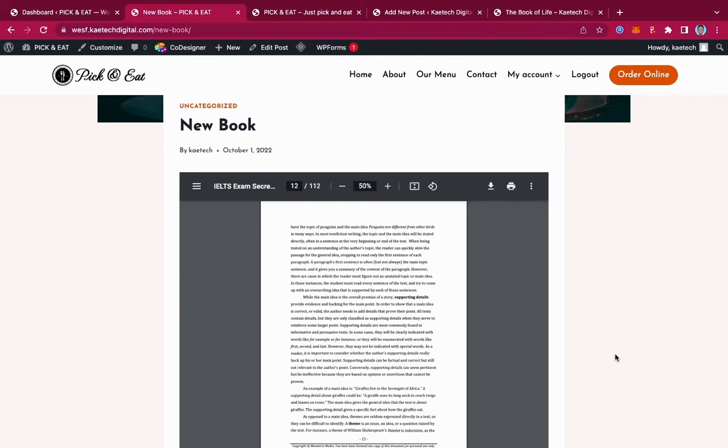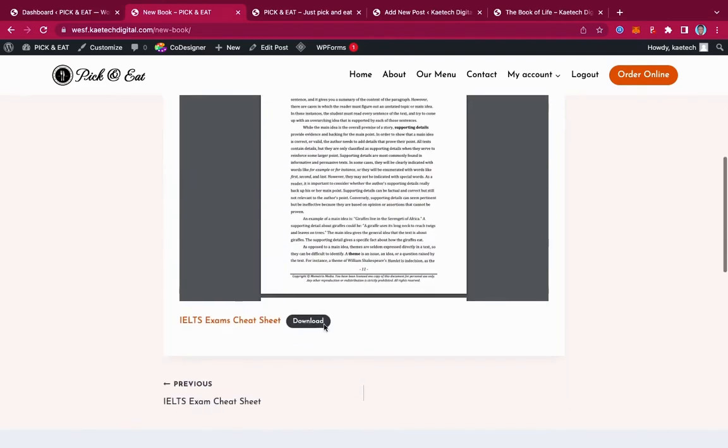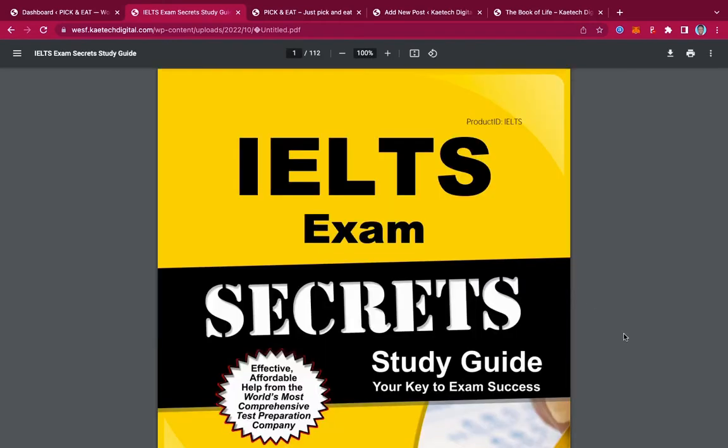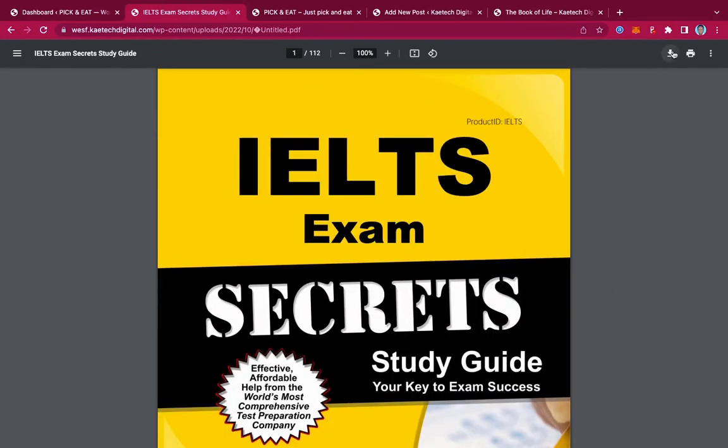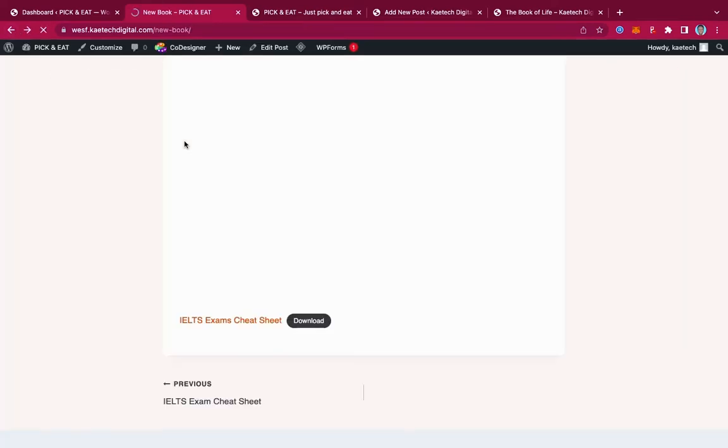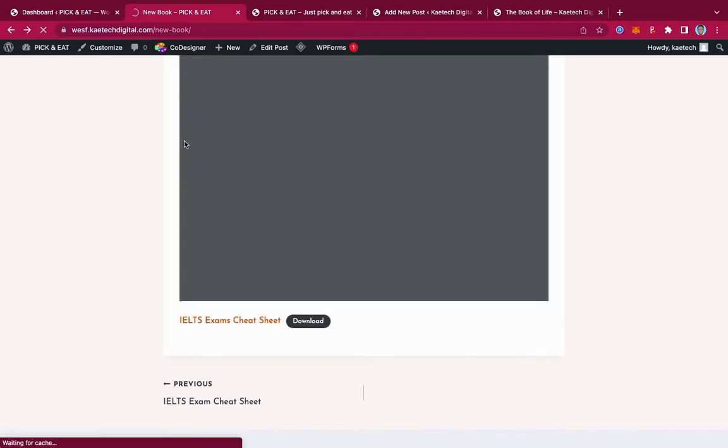But I will show you all those things, how you can remove this download from there, and then also link this one to the PDF itself, so that when somebody clicks on it, it will send the person to the website PDF reader itself, just like every normal website. The person can see the whole book itself from here, and then can download this one from here, okay. So let's jump into the video, and then I'll show you how you can do this